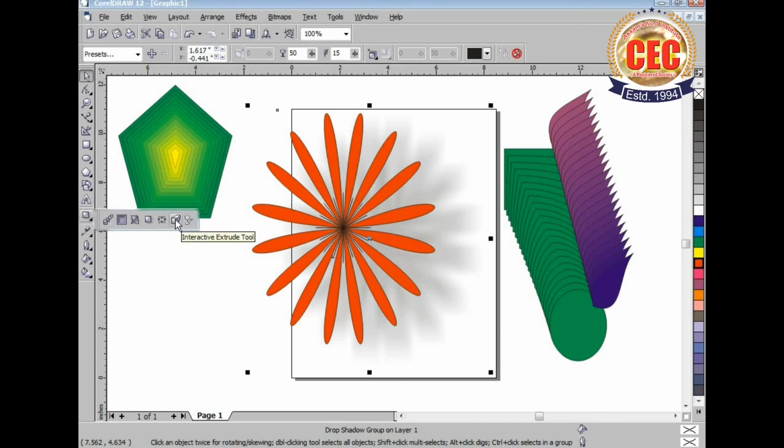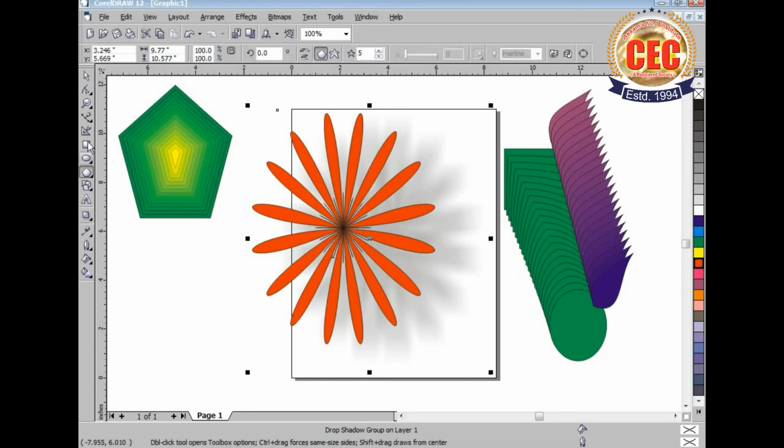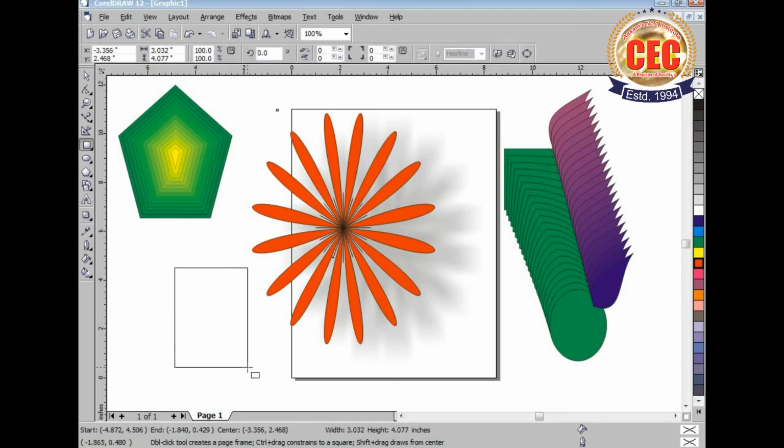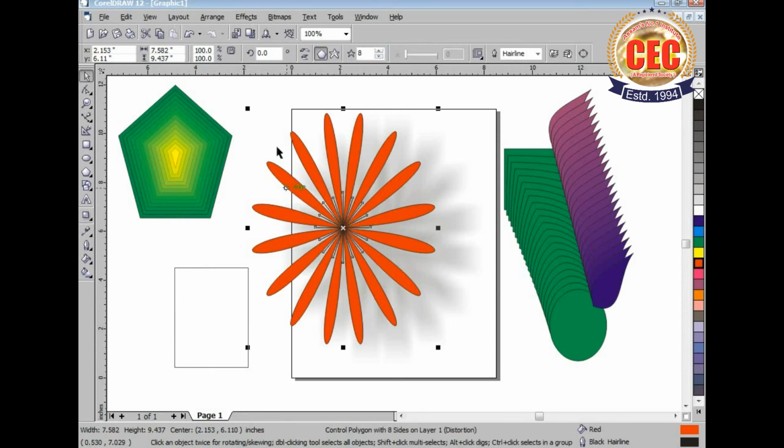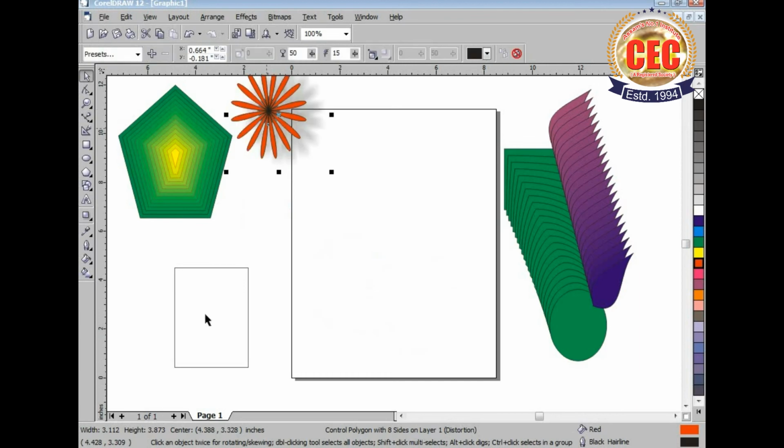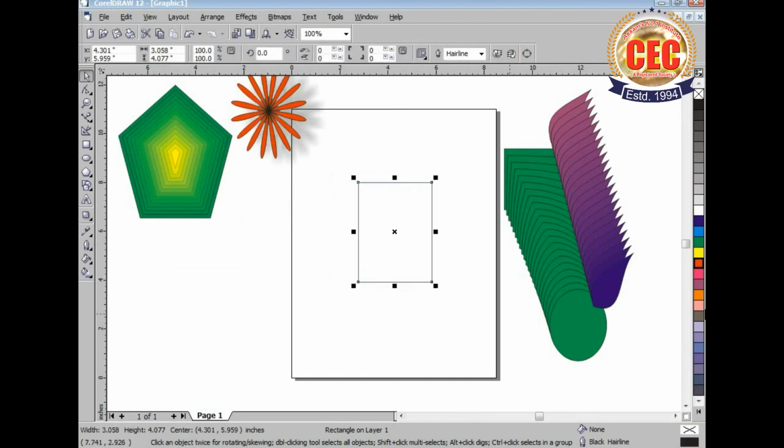After that, there is the extrude tool. For making 3D objects, you can use the interactive extrude tool. First of all, draw a shape. Fill a color to it.